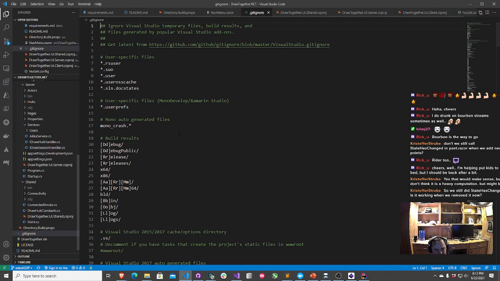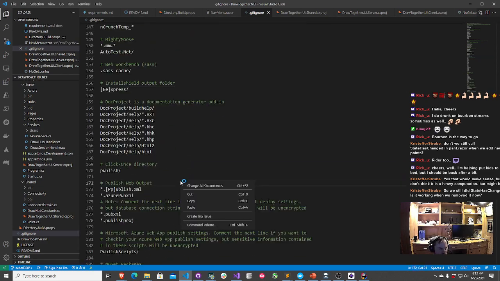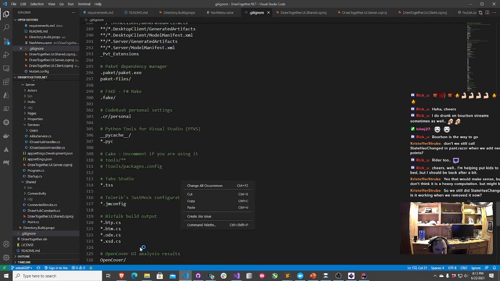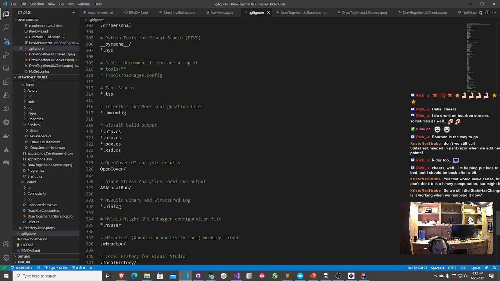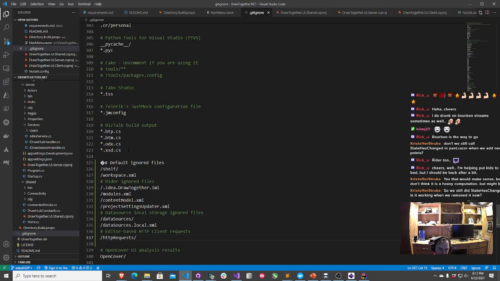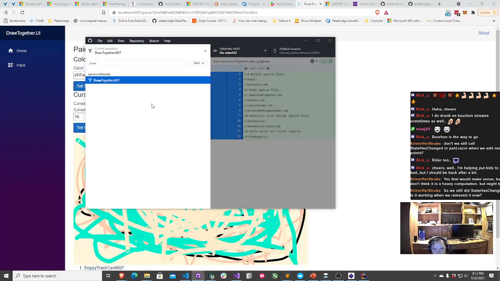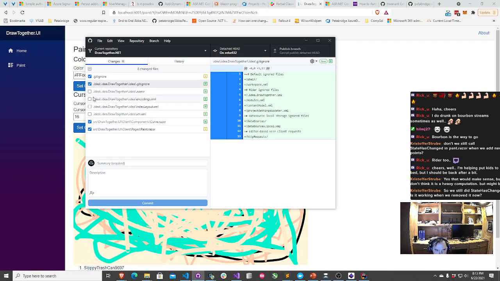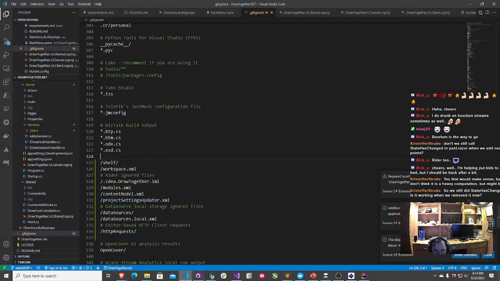Someone's going to need to write a pop-up blocker for Visual Studio Code at the rate things are going. Okay. All right. Here we go. Get rid of that stuff. Okay, well, that managed to not ignore anything in the idea folder. So that's kind of useless. Let's give that another try.